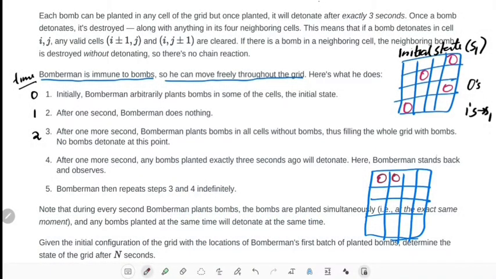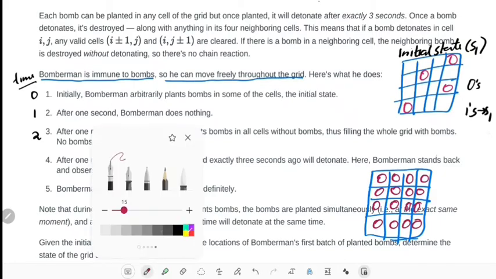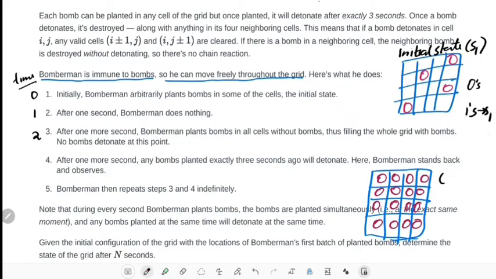This is the next state, state 2, at 2 seconds. No bomb detonates at this point, so the state will remain the same.